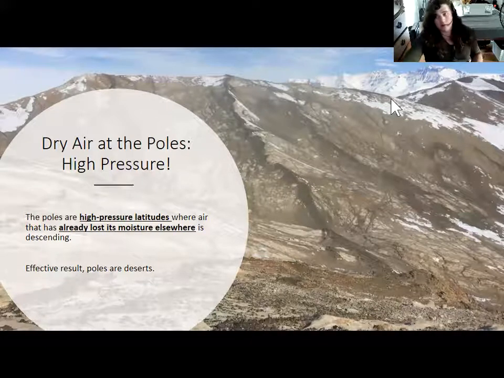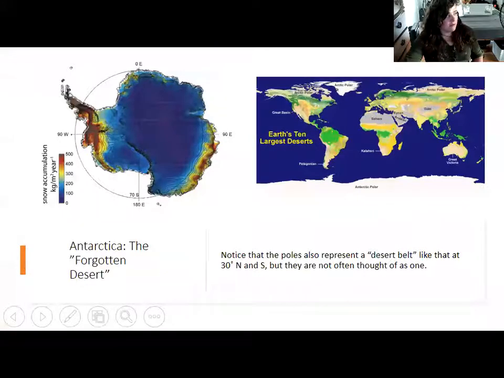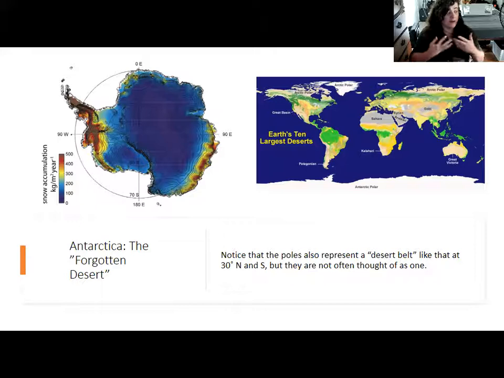It's really actually a forgotten desert in the sense that we don't often think of the poles as deserts in the sense that we think of the North American desert or the Sahara or the Australian outback as deserts, but it gets the low levels of precipitation that you would indeed expect in a desert. Antarctica is part of a desert belt that forms around 90 degrees, aka the South Pole, in the southern hemisphere,